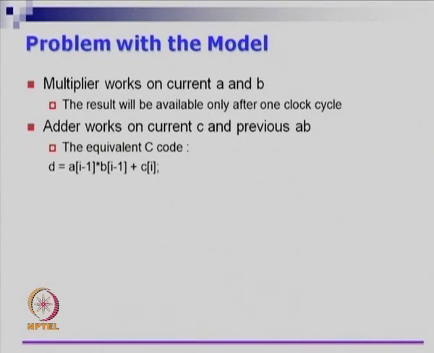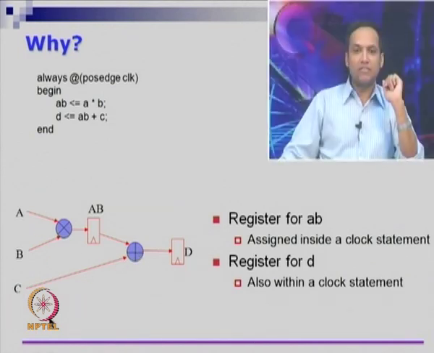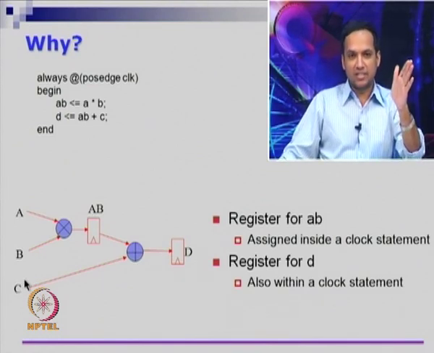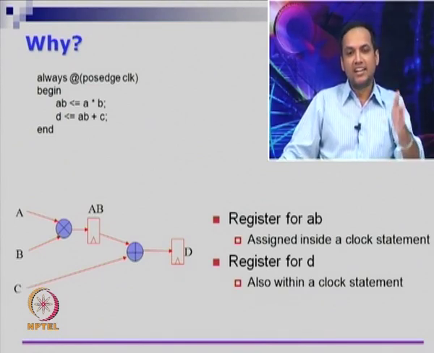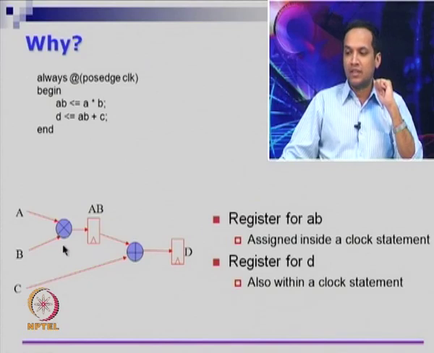The problem with the model is essentially this: the multiplier will work on the current A and B that is given, but the adder works on the current C and previous AB. Go and look at the picture. Let us say at some point I gave A, B and C which all changed together at time instant I. Let us say I gave a fresh set of inputs, A of I, B of I and C of I. These are the inputs that I have given at time instance I. This multiplier will be looking at A of I and B of I, and you give C of I here,